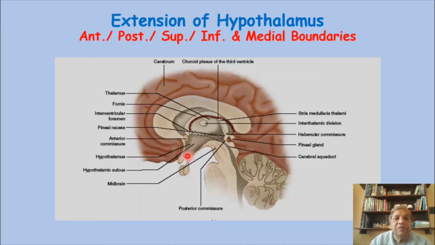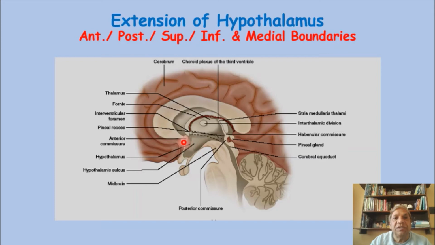So what we will see here in the inferior boundary, which is the floor of the third ventricle, is that it extends from the optic chiasma where my cursor is. This is the optic chiasma, then this will go to the tuber cinereum, and then this is the infundibular stalk, and then posterior to it will be the site for the mammillary bodies. So these structures which are in the floor of the third ventricle will form the inferior boundary of the hypothalamus. Thus all boundaries are clear to you except the medial, which I have covered also.